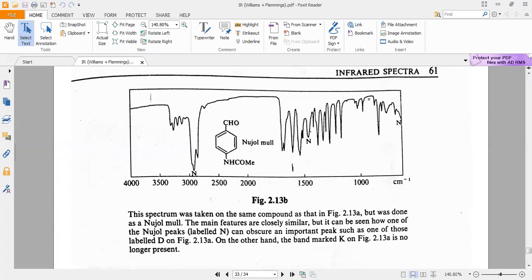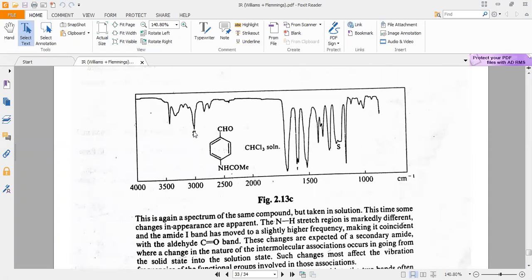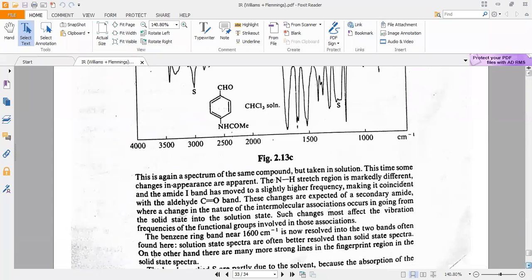Same molecule, same spectrum is done in chloroform. Now you see the CH stretching signal has decreased. Why? Because in chloroform we are getting C-Cl, which is this one. This is showing carbon hydrogen and carbon chlorine stretchings. All right. So you can see these are the signals where we are getting 1600, 1700 something, carbon oxygen double bond, two carbonyls. So this is showing the effect of the solvent, in fact.